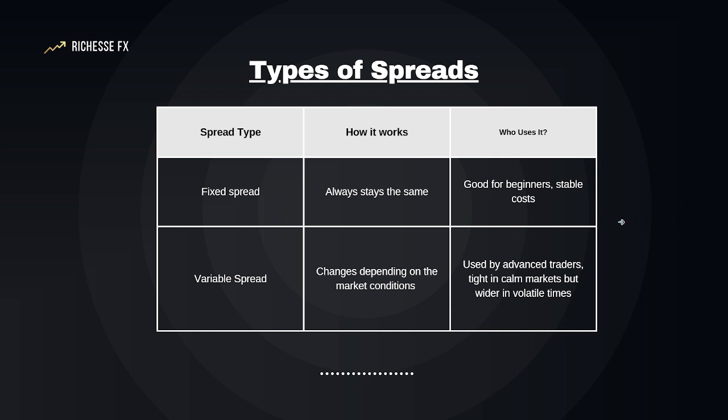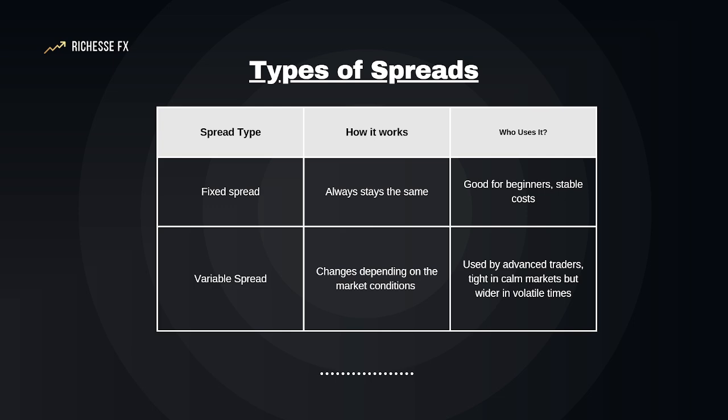Types of spreads. There's a few different spread types. Well, a couple of spread types to be honest with you. It's just a fixed spread, so obviously it always stays the same. Good for beginners, good stable costs. Variable spread changes depending on the market conditions. So this is when advanced traders can actually prioritize